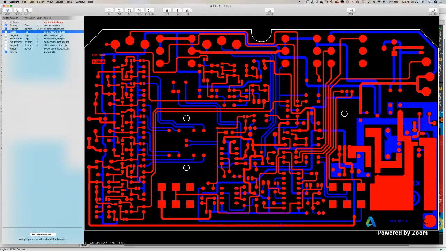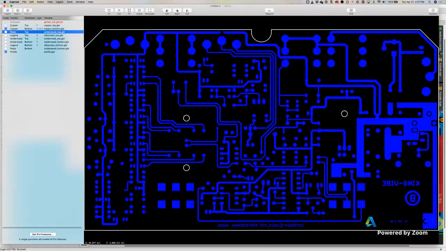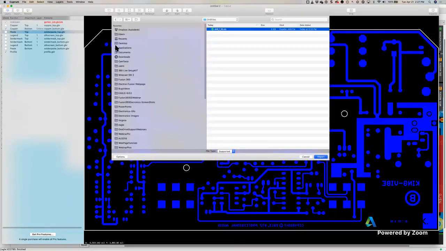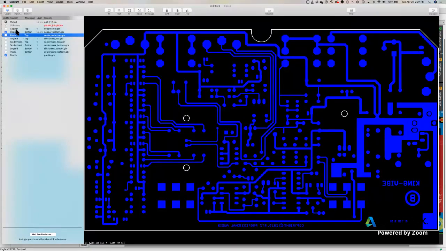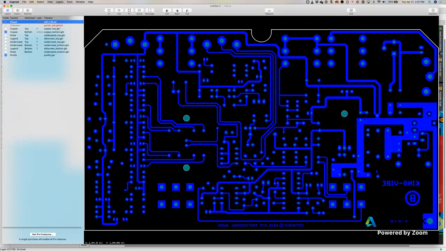I'll go ahead and try to import the drill file as well. As you can see, it's not hollow. I guess I could change the color of this layer, which is representing the holes, maybe to black, so that it actually looks like a hole. But as you can see, all the holes are spot on, and in the dead center are all of the pads and the vias as well. So this is one way that you could visually verify what your Gerber files are going to look like. Now that we're done with this example,